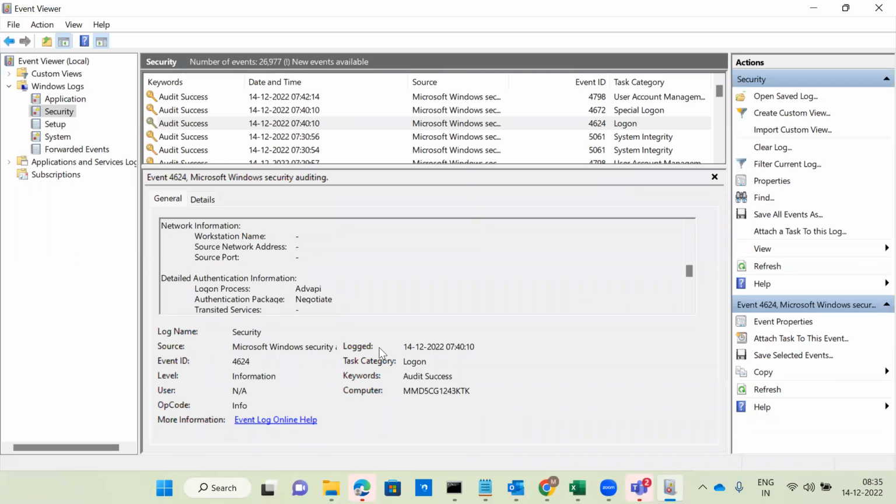A couple of times what will happen at the time of parsing, even though our raw log contains all the information, it will not parse to full-fledged parsing. Meaning, what do I mean by full-fledged information? We are not able to see it in the parsed log. Example, it will miss the timestamp, the task category, the keywords, the computer name.